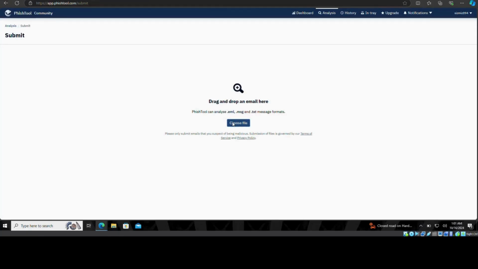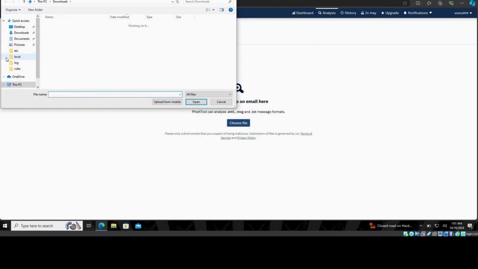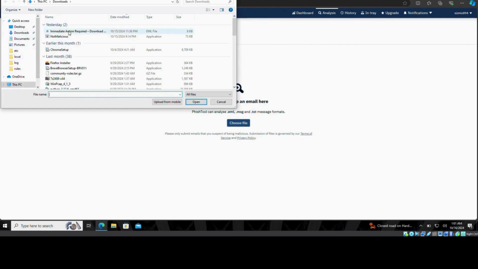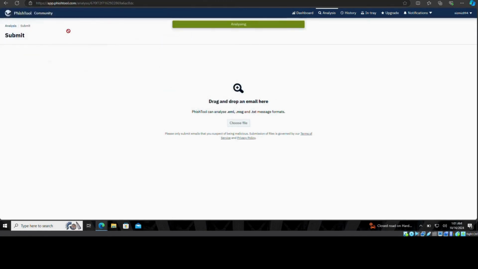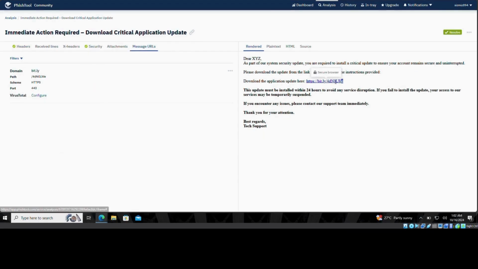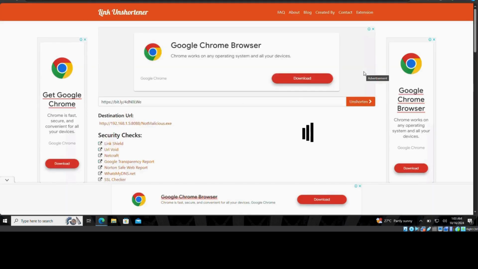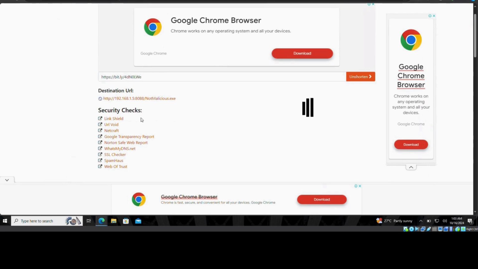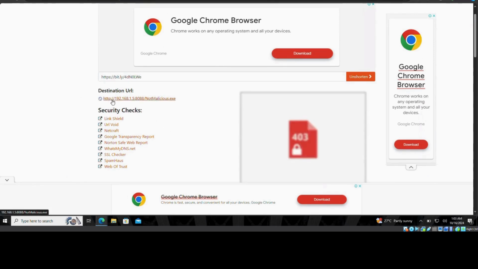Now I'm in phish2 for analyzing the phishing email. First, I will upload the email that I downloaded earlier. We can see the sender's address, the receiver's email address, the date on which the email was sent, and the return path. Next, I will copy the download link from the phishing email and paste it into the unshorten URL website. After unshortening the link, we can see the IP address of the attacker, the port used to host the payload, and the